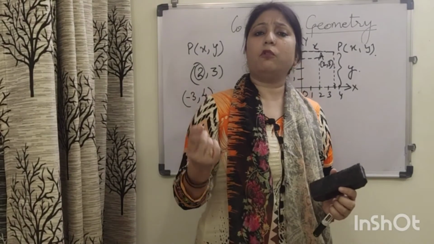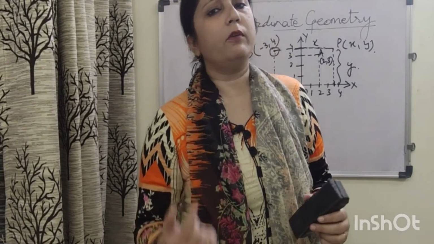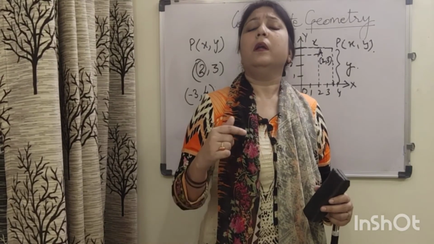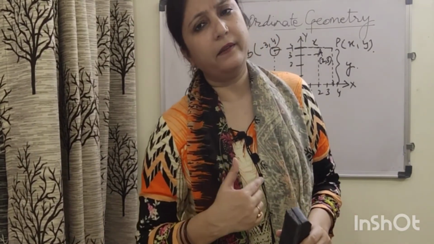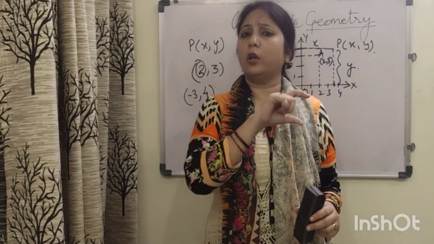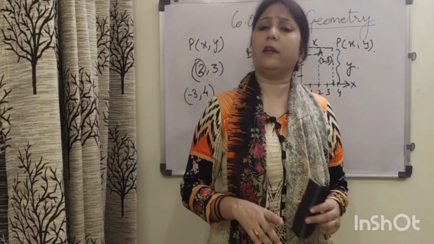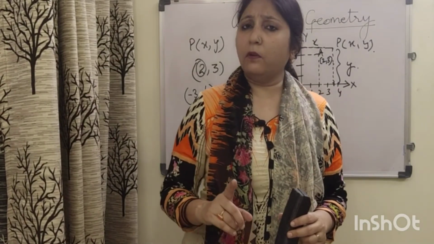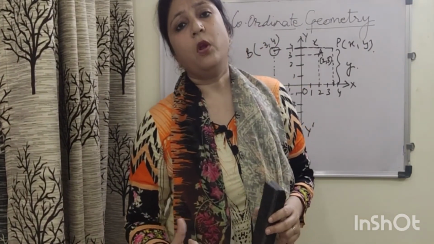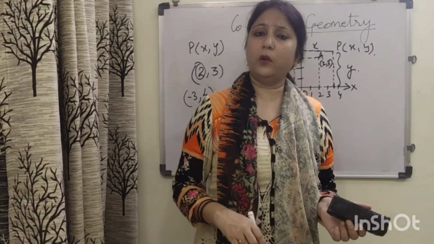Now let us recapitulate. Coordinate geometry is the branch of mathematics where we deal with geometric problems through algebra with reference to this coordinate axis system or Cartesian plane. Secondly, we have done the horizontal line is known as x-axis, the vertical one is y-axis. Equation of x-axis is y is equal to 0 and equation of y-axis is x is equal to 0. Coordinates of origin are always 0, 0.